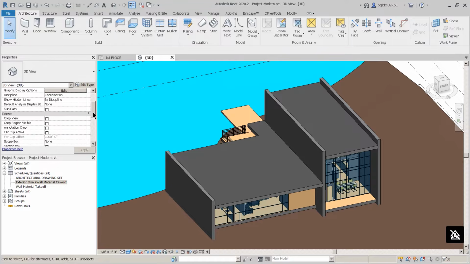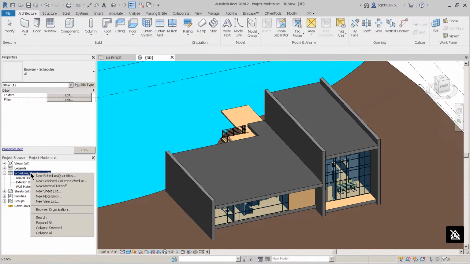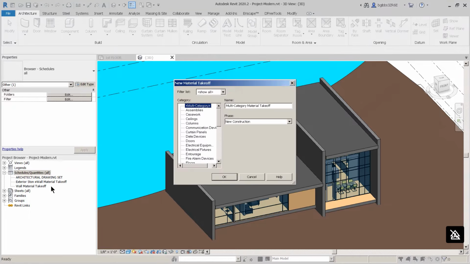So the first thing we're going to do is from our schedules, go to New Schedule, and we're going to choose the new Material Takeoff. So click on that. And as you can see from this new dialog, we have several different things that we could be pricing or making a material takeoff, which is a shorthand for saying it's for pricing. So we're going to go down to Wall,